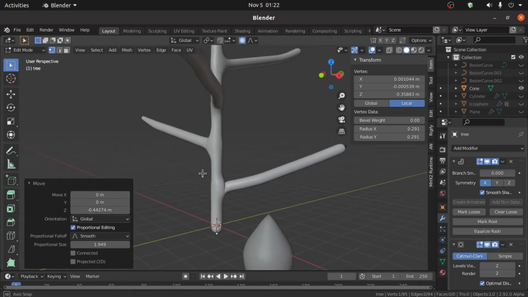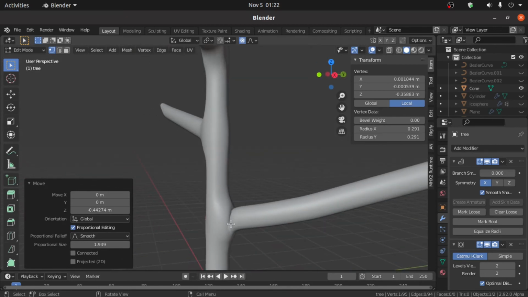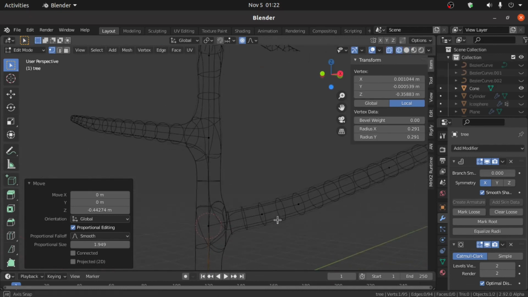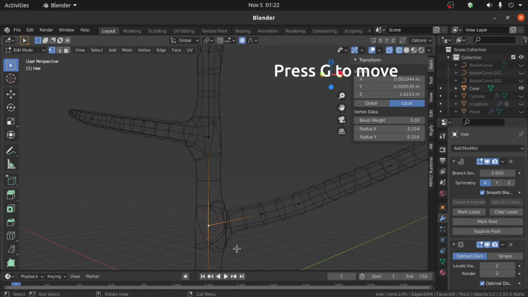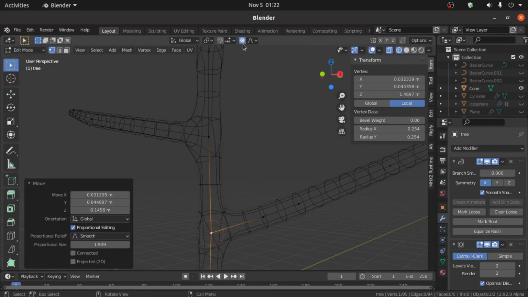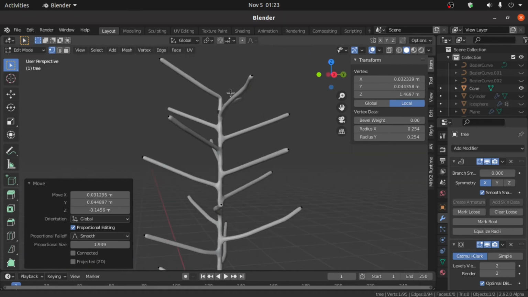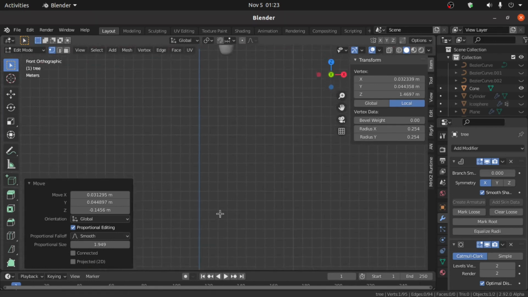It is a very time consuming process. Also you will get such a type of glitch here. So enable this wireframe mode and select this vertex, then press G and you can move it simply to fix this. Okay, now turn on this solid preview mode so you can see this.